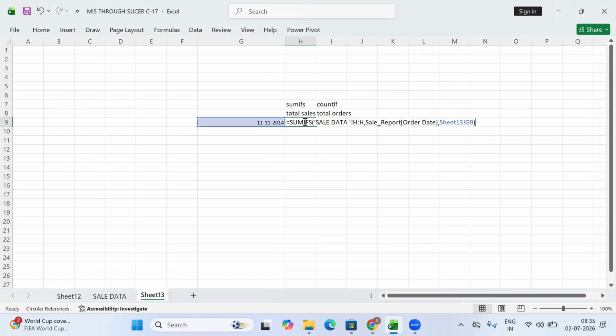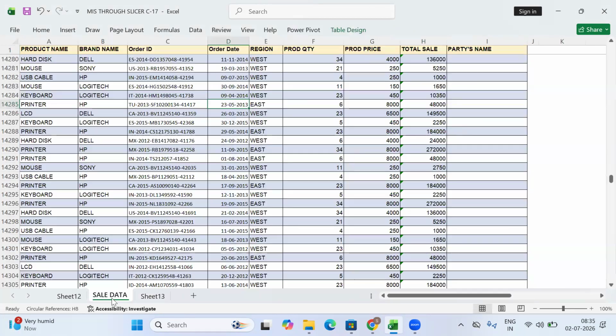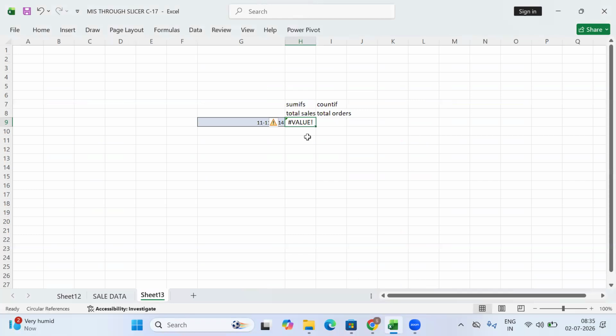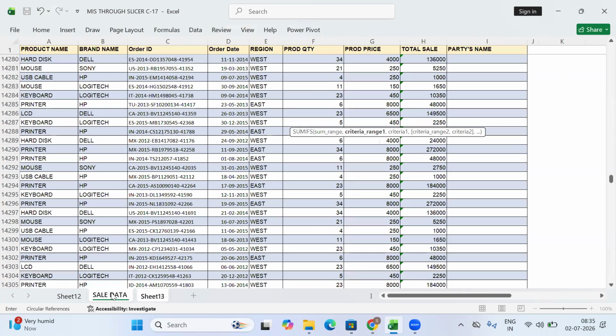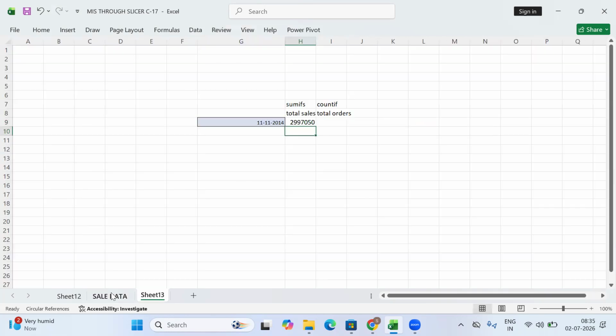I need to change this. Which column is it? It is D column. So I'll type D column. This is total sales.